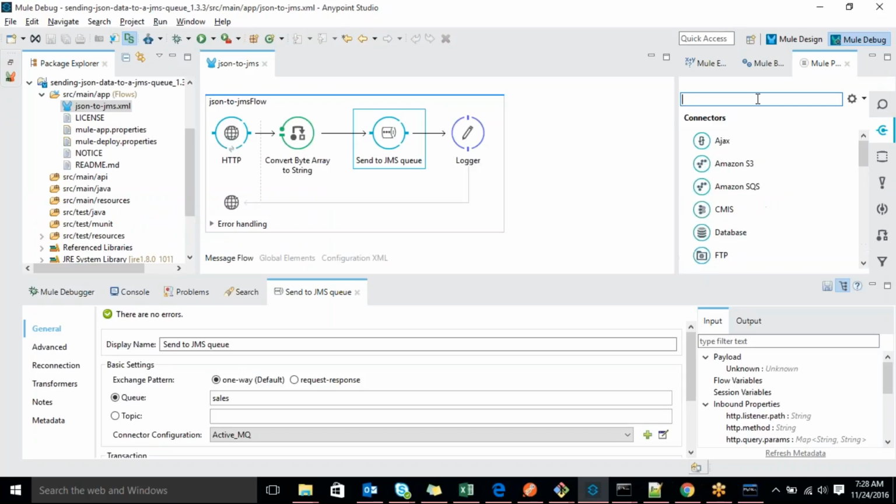Generally, now we are pushing the message to the queue, right? If you want to pull the message from the queue, then you have to use this ActiveMQ under the inbound connector.